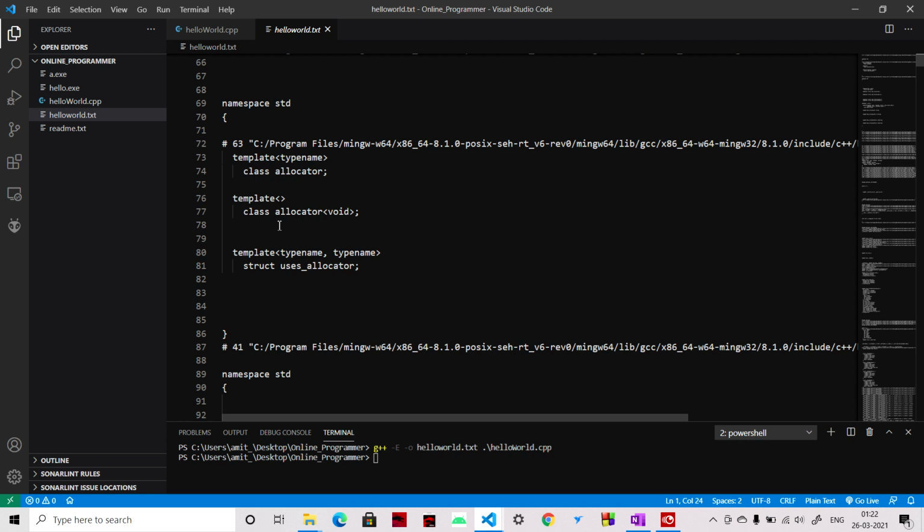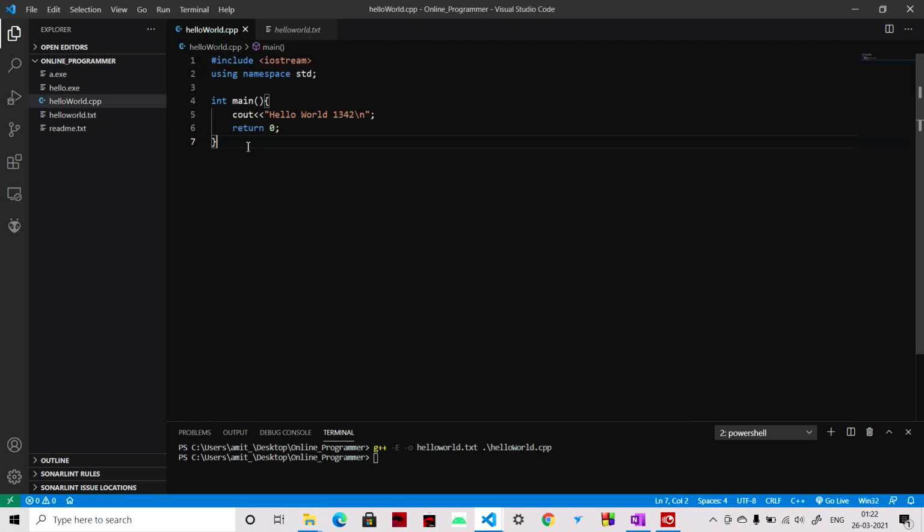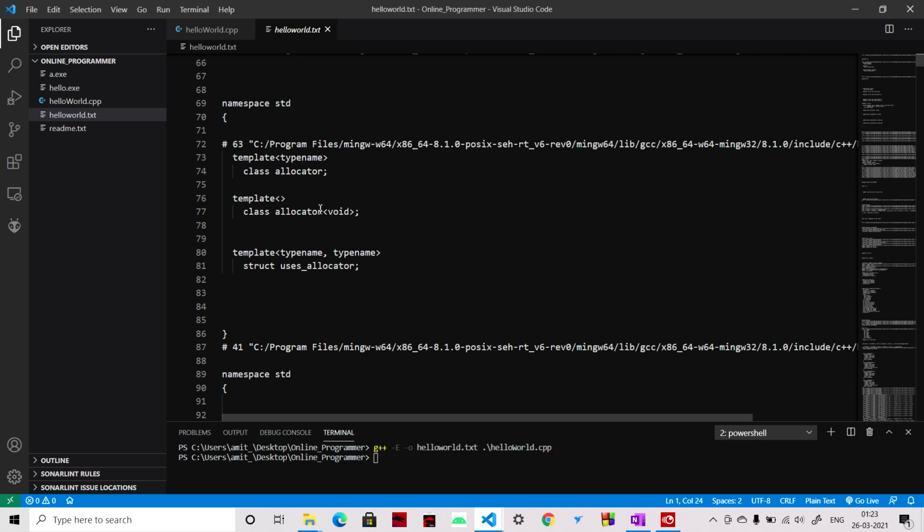And why is this happening? Because you have included the iostream file. Since you have included this file, the content of this file is getting copied from its location to the expanded source code. Basically this is the source code that goes into the compilation process.